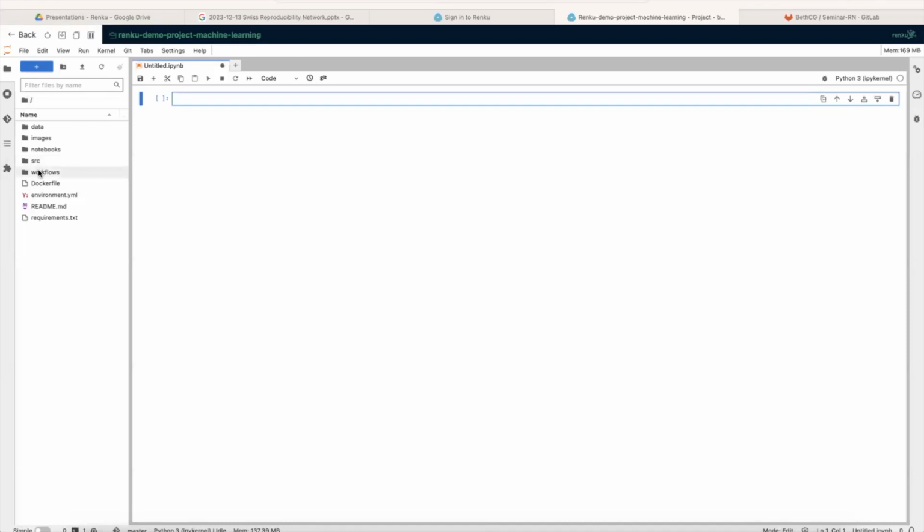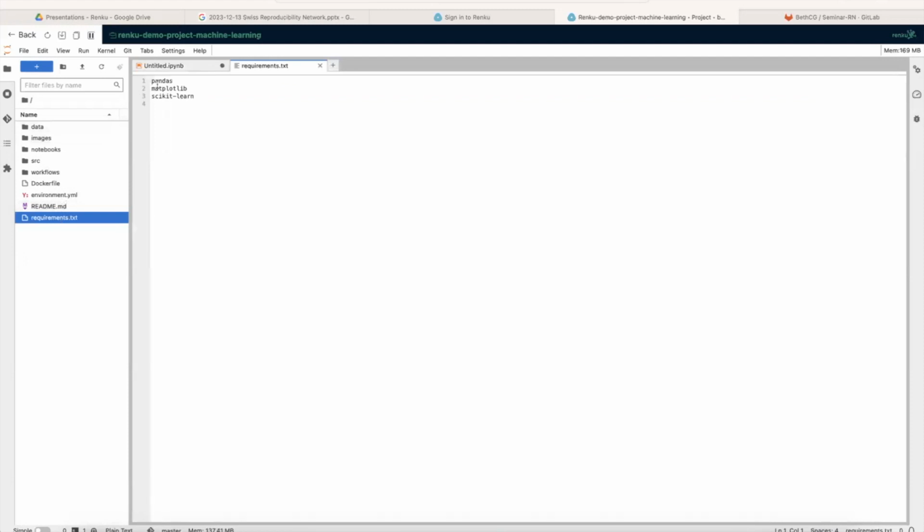And what else I wanted to say here? You can see my requirements. Here I have by default pandas, matplotlib, and scikit-learn. And maybe navigate to my